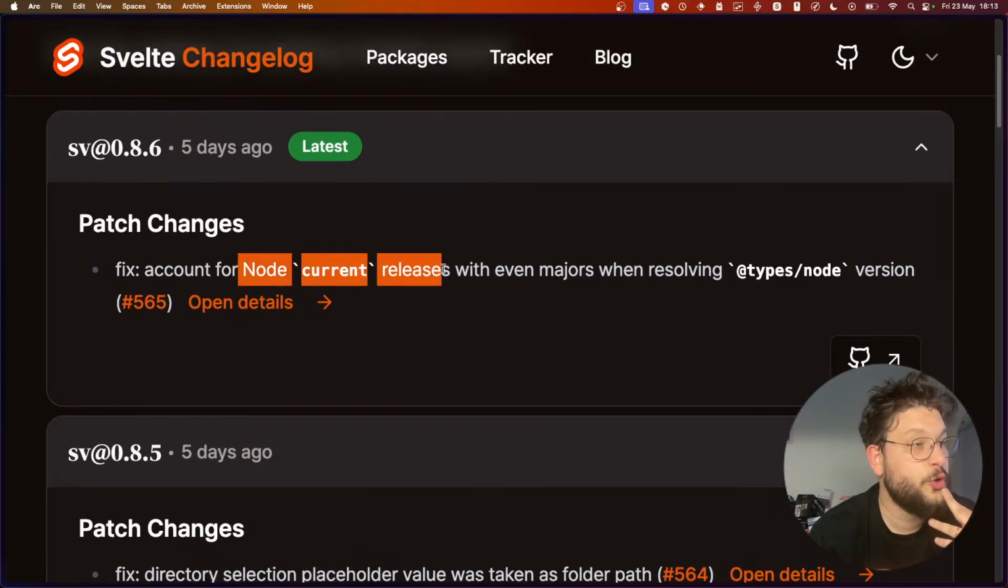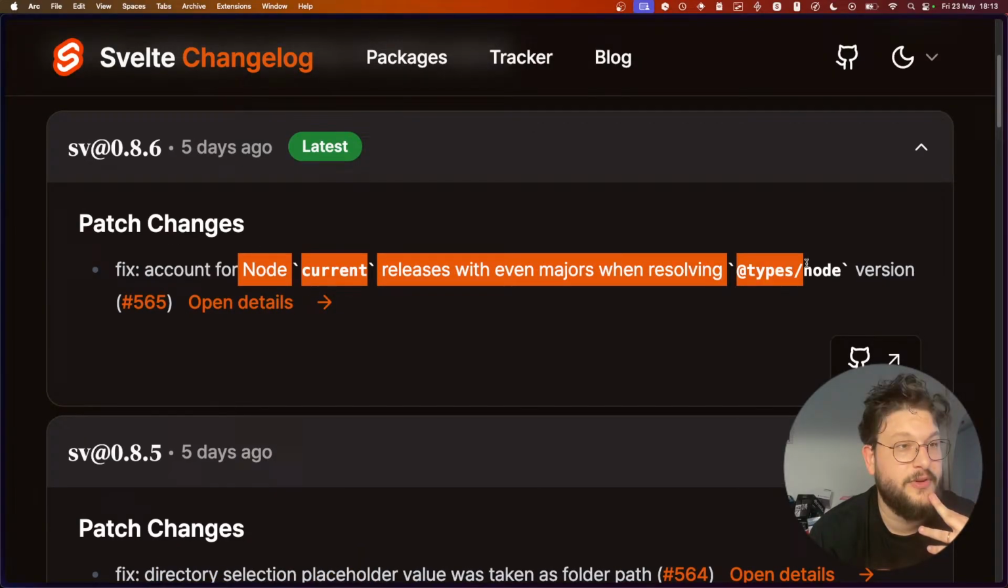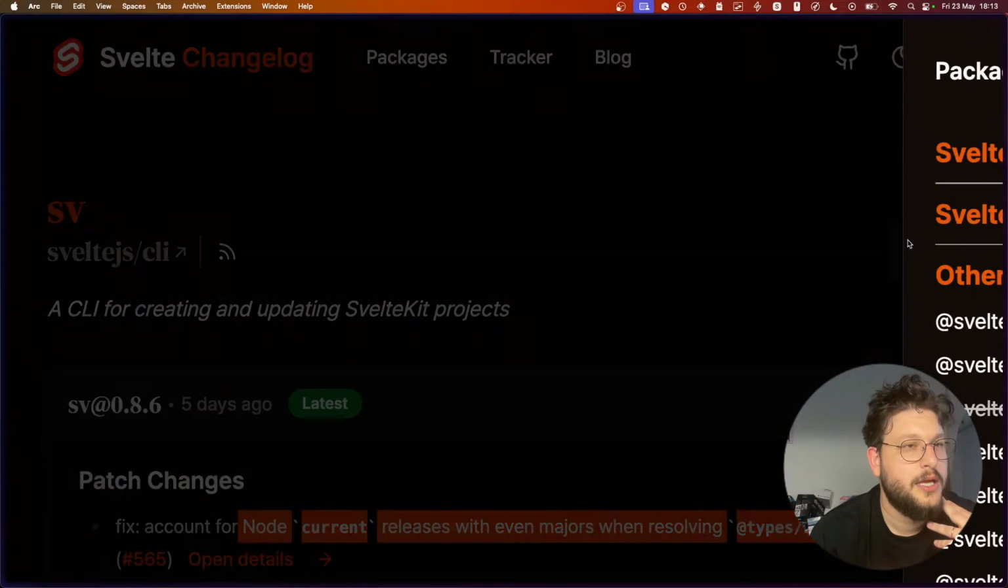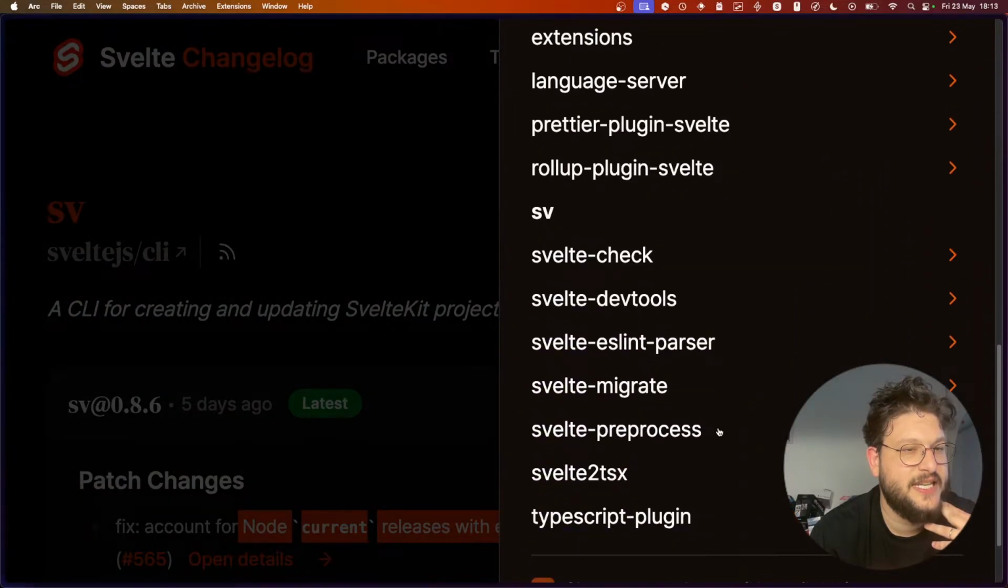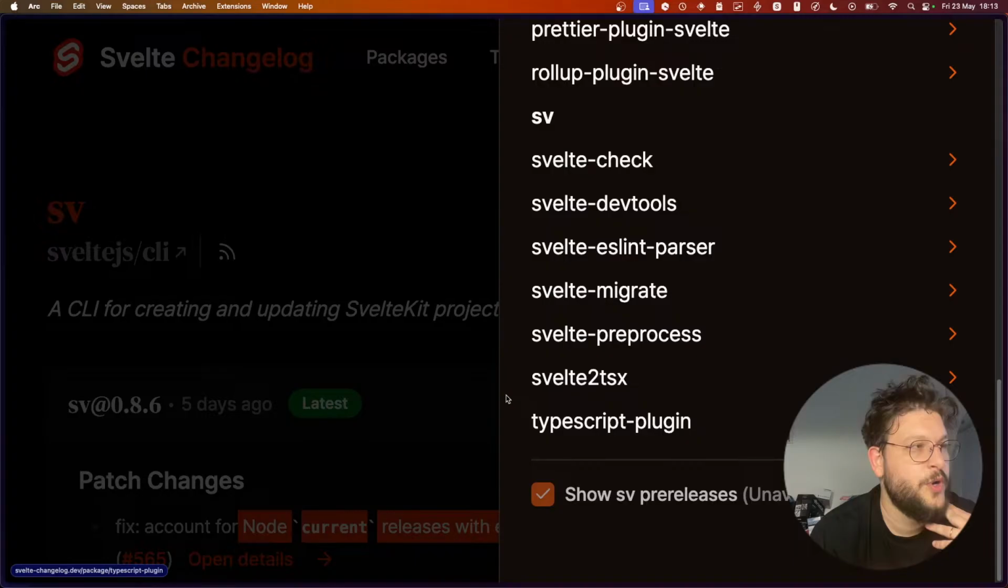Account for node current release with even measures when resolving types node version. Nice. Let's see if we have something else. We don't. So we can move to the